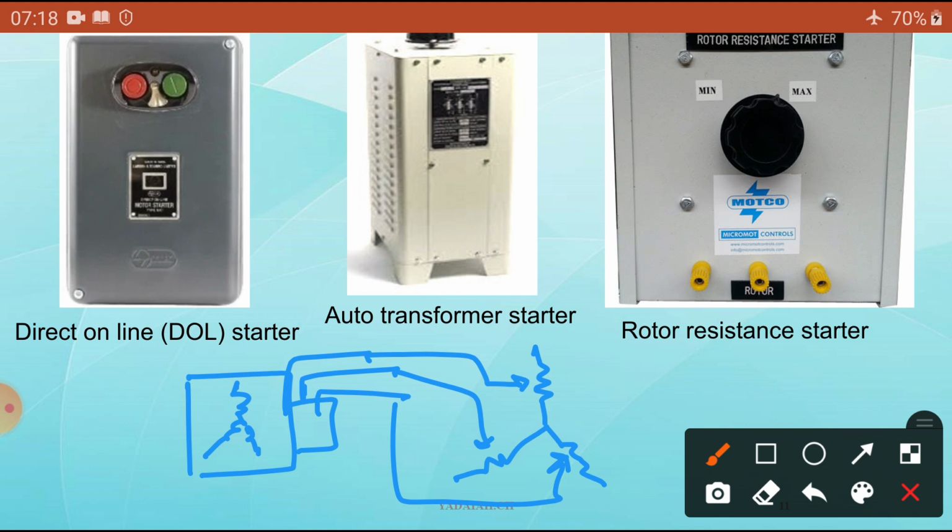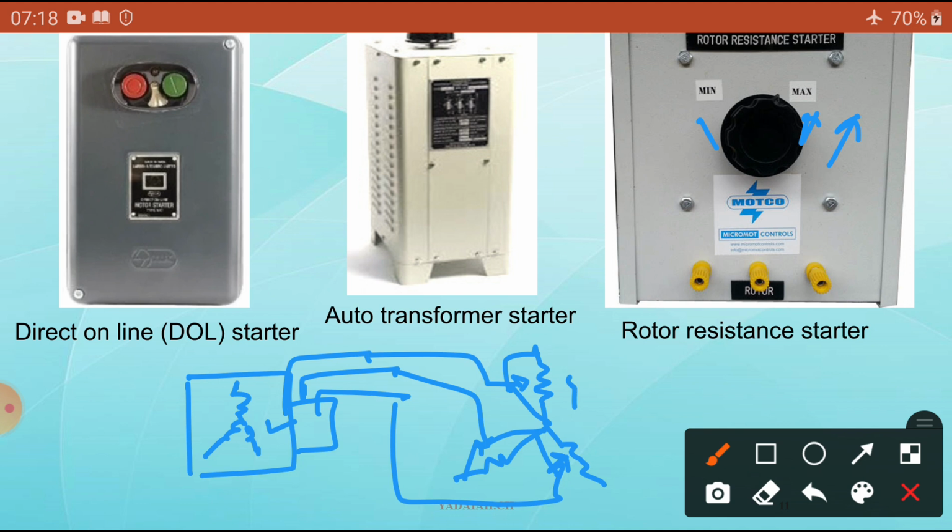Suppose in minimum position, you are going to connect here and disconnect here. That means the resistance is bypassed, the minimum resistance position. Suppose maximum resistance position, then you are going to keep it here. That means whatever resistance is connected in series, that is the minimum and maximum. Initially you have to keep it at the maximum resistance position, that is the high resistance connected in series with the winding. Okay, so this is a rotor resistance starter. On the secondary side you connected some resistance, therefore I2 is limited automatically, I1 also decreases. This is a rotor resistance starter for slip ring induction motor.